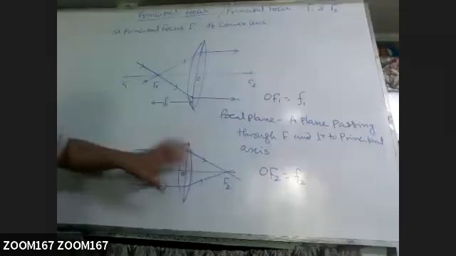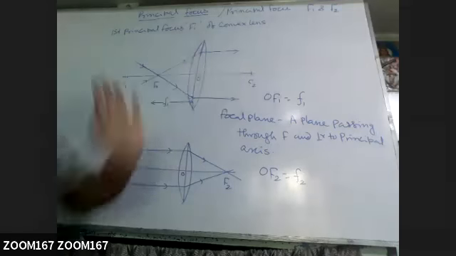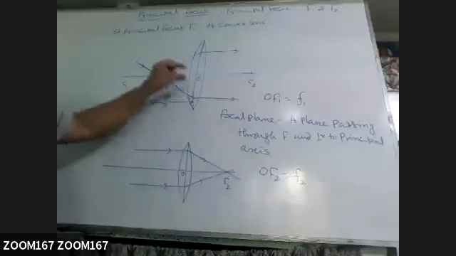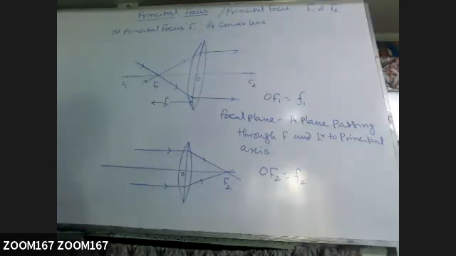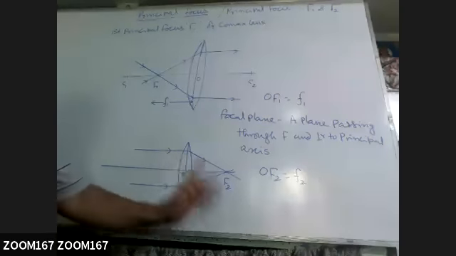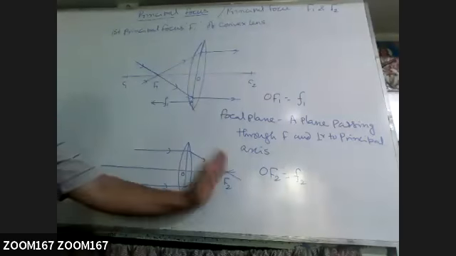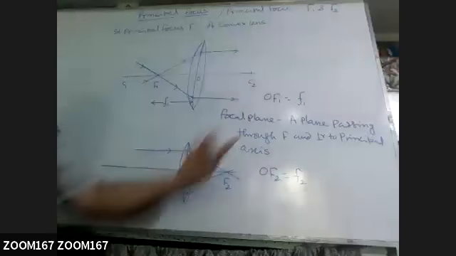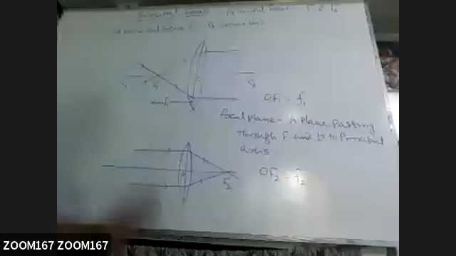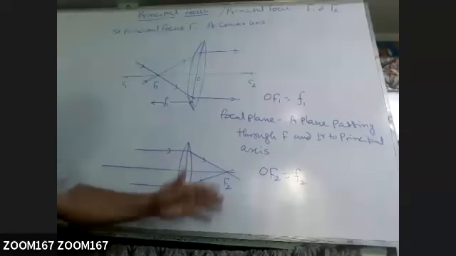If lens is placed in homogeneous medium, that is, whatever medium is left side, same medium is right side, then these two focal length will be equal. Whether the radius of curvature of two surfaces are unequal or equal, no problem. Only the medium of left side and right side should be same. Then these two focal lengths are same. If one side medium is different, naturally this focal length will also change. Suppose here is lens and after that water is present. Then F1 and F2 are not equal.